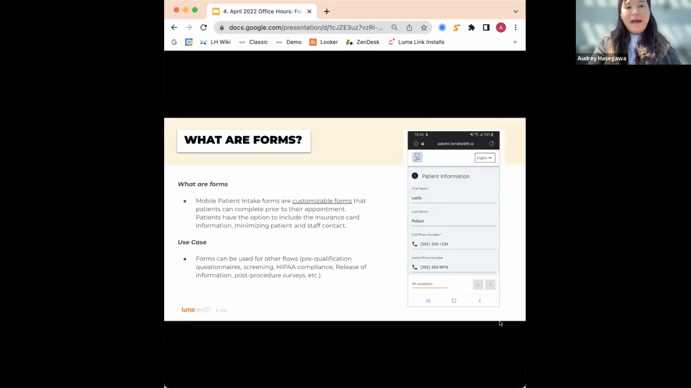So some of you may ask, what are forms? Some of you guys may already be using forms today, so we'll be talking about both use cases. But for those who are just getting started, we have a form system called Mobile Patient Intake Forms, which are customizable forms that patients can complete prior to coming in for their appointment. Patients will have the option to include things such as their insurance card information, thus minimizing any work needed to complete this information when they actually come in to their appointment. So minimizing staff and patient